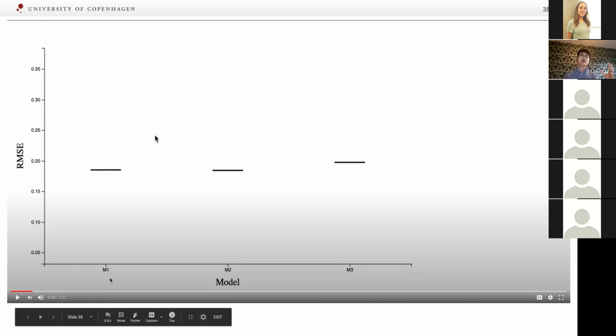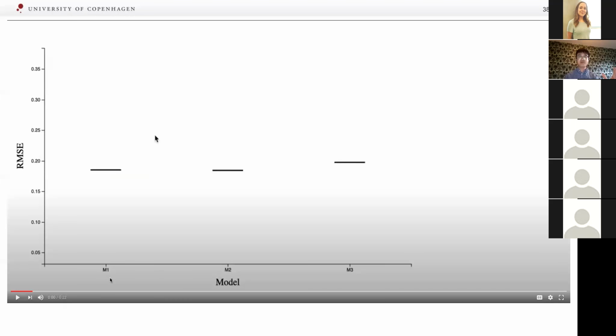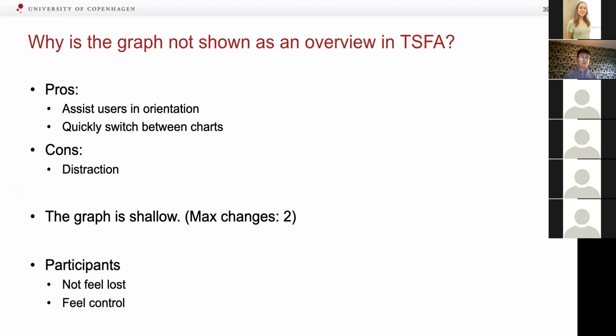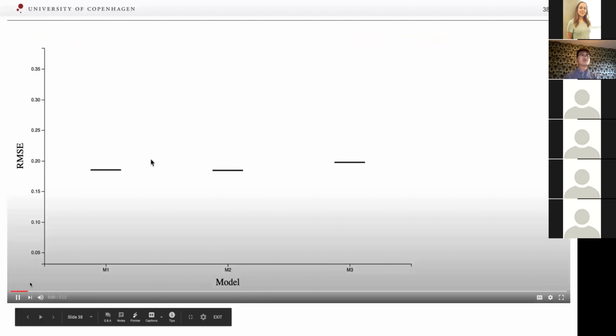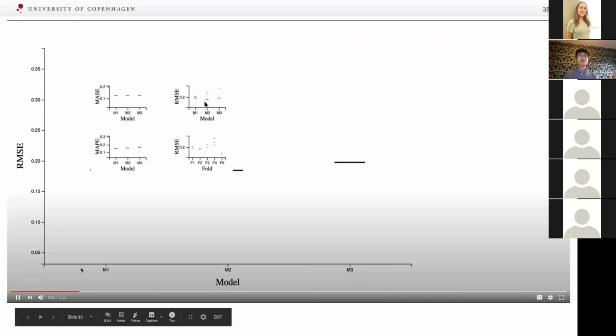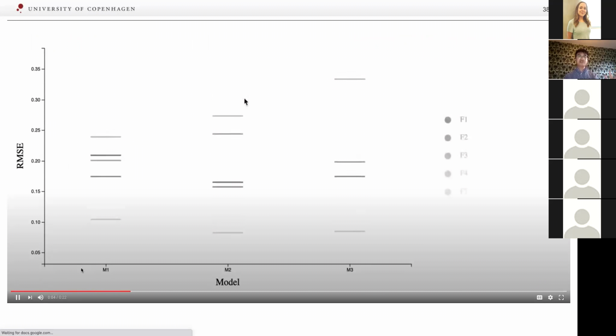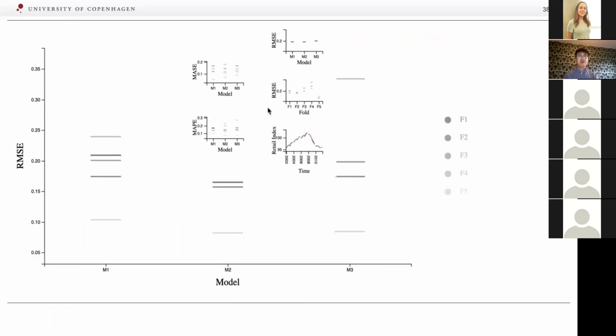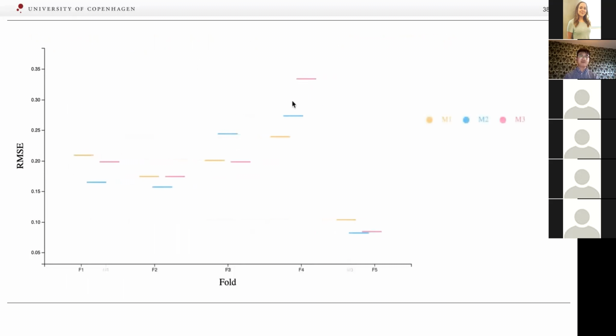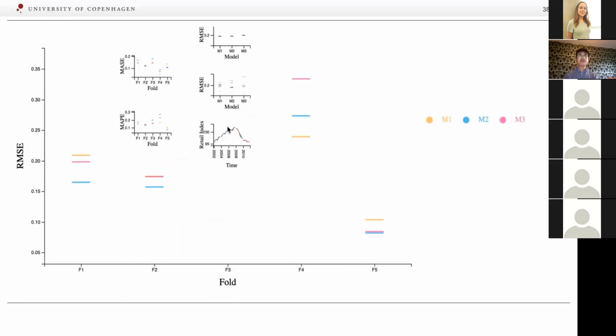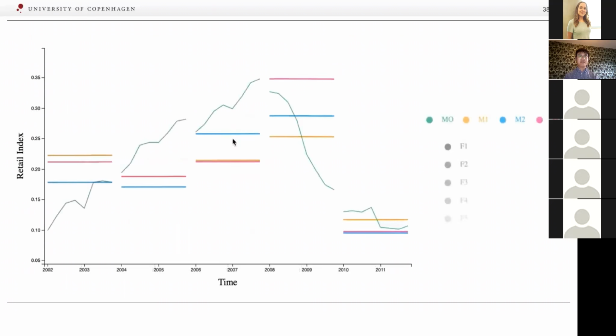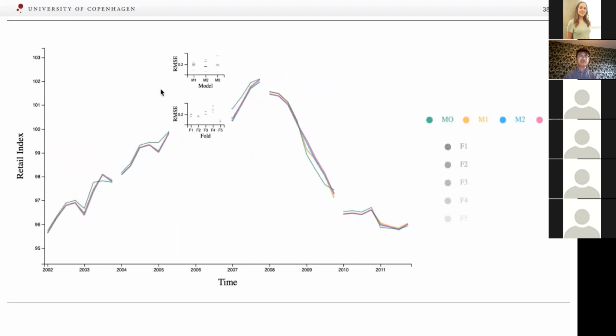Instead of showing the whole graph for navigation, we only show an excerpt from the graph as a context menu. For example, the context menu shows all the neighbors of the enlarged chart in the graph. And users can navigate back and forth by clicking the mini views in the context menu. We use animated transitions to help users understand the connection between charts.